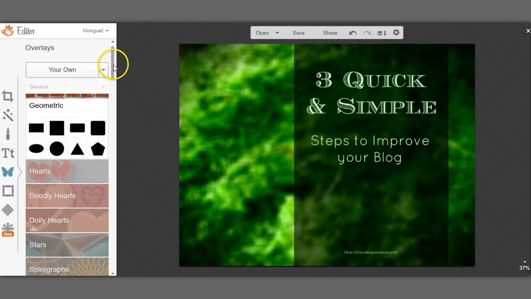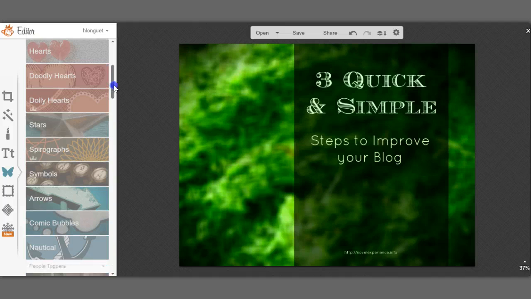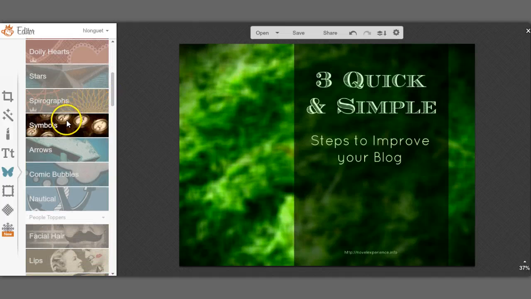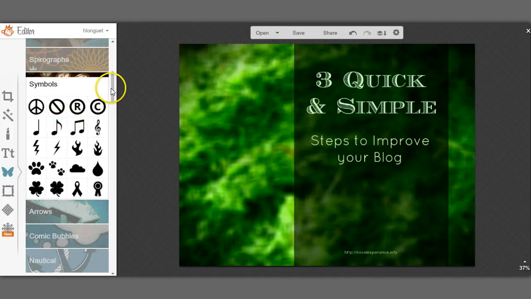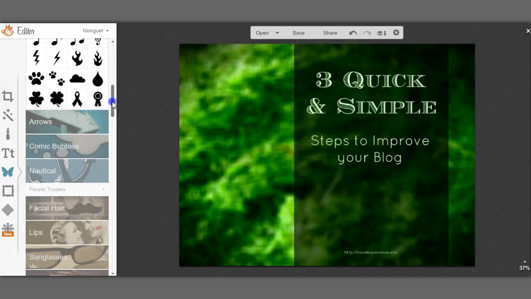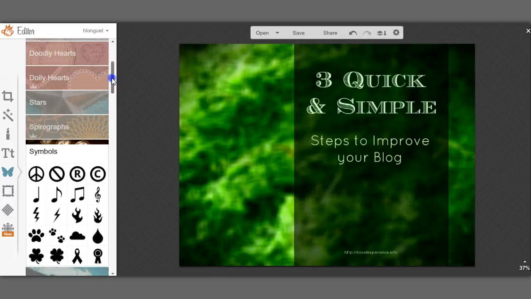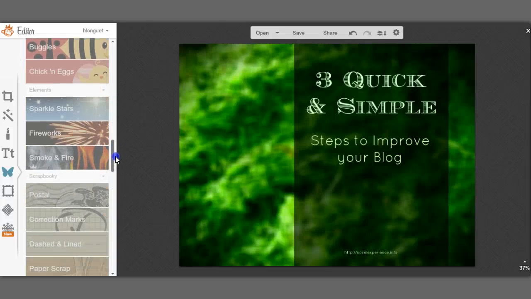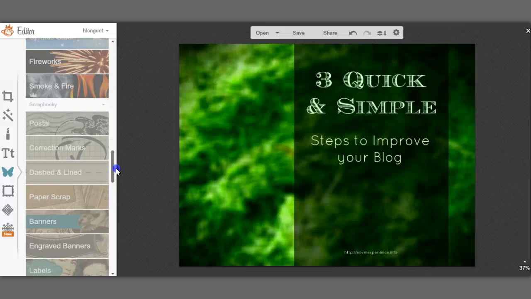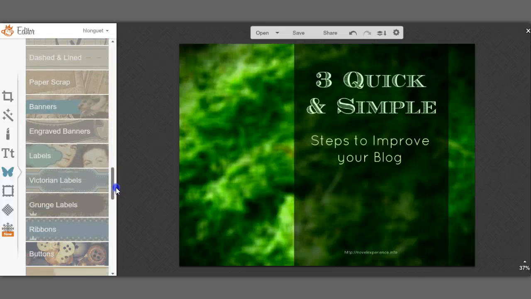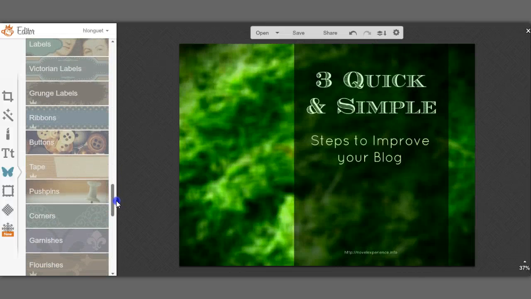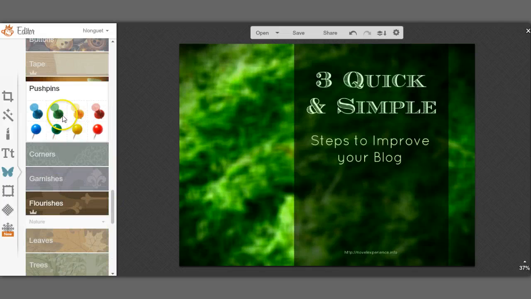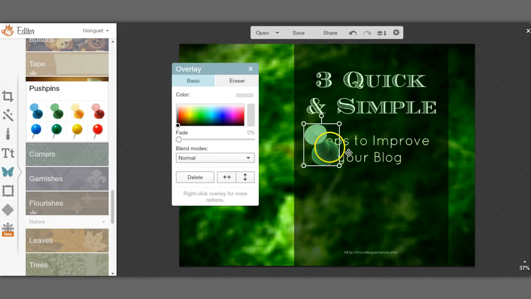So if I wanted to put in symbols, for instance, which I don't really, but I could if I wanted to. I mean, there are all sorts of things that you can put in here, labels and grunge labels and all sorts. So I could put push pin if I wanted to, so I could just choose this nice green, put it